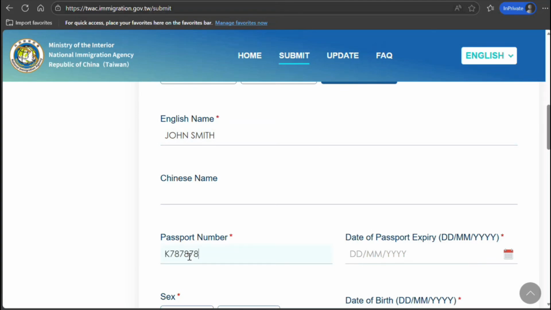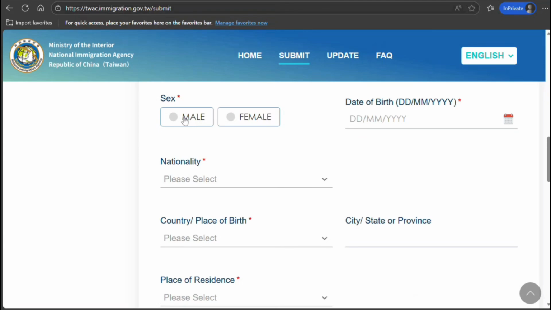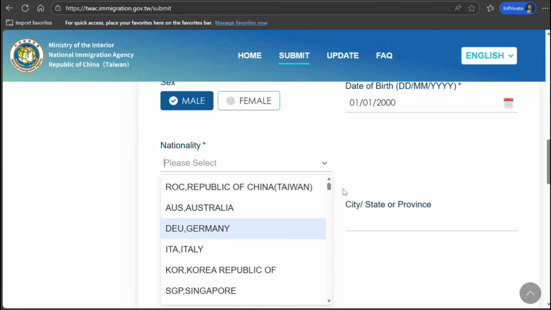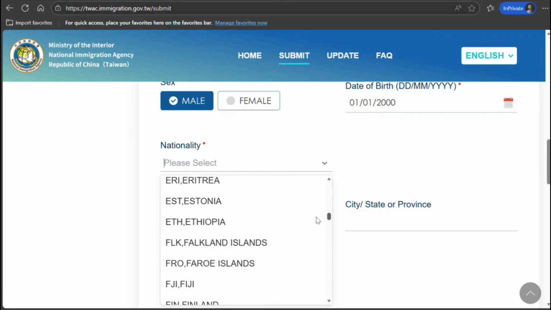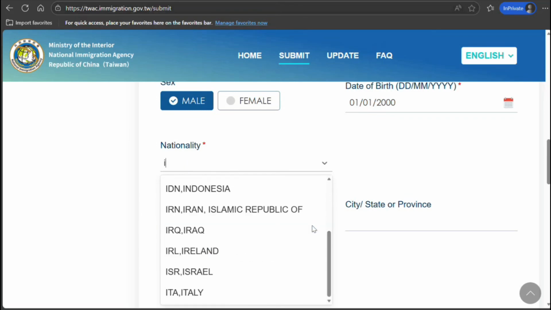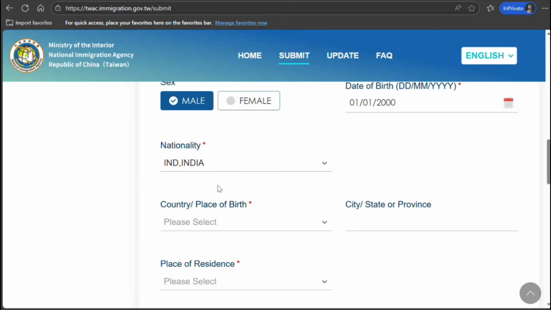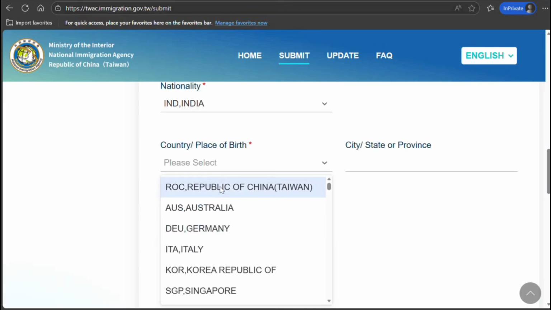Passport number, be very careful, guys. Nothing should be mismatched. Check your passport for all the details. Oh, expiry date, I'm sorry. Gender, date of birth, nationality. Select your nationality. You can even type. Country, place of birth,